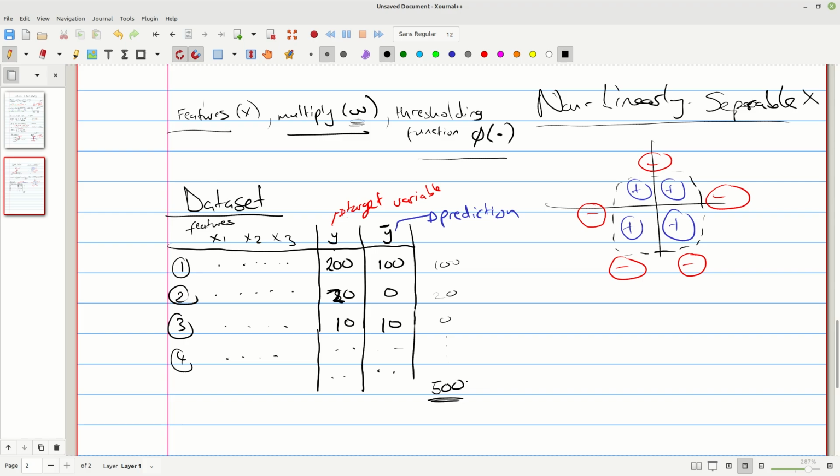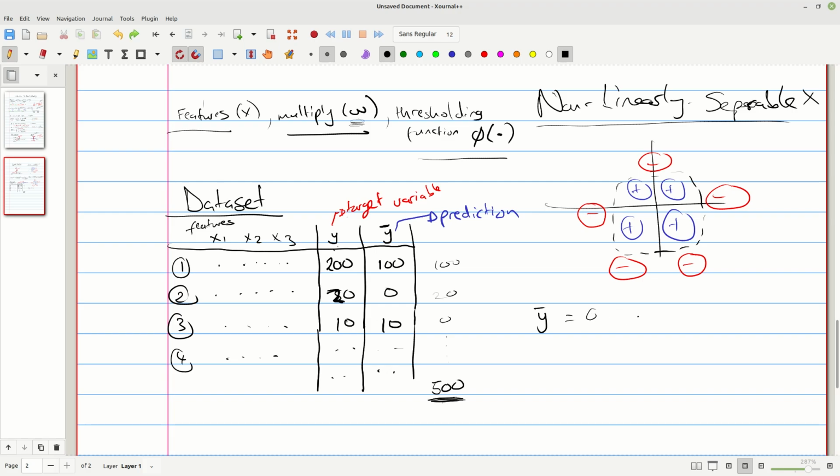But now the problem is, these errors are what we are trying to minimize. We want the predictions to be as close as possible to our target variable. So if they start at 500 due to our random set of weights, because again, if you remember, we're getting our prediction, y bar, by taking the phi, some threshold of, say, W1.